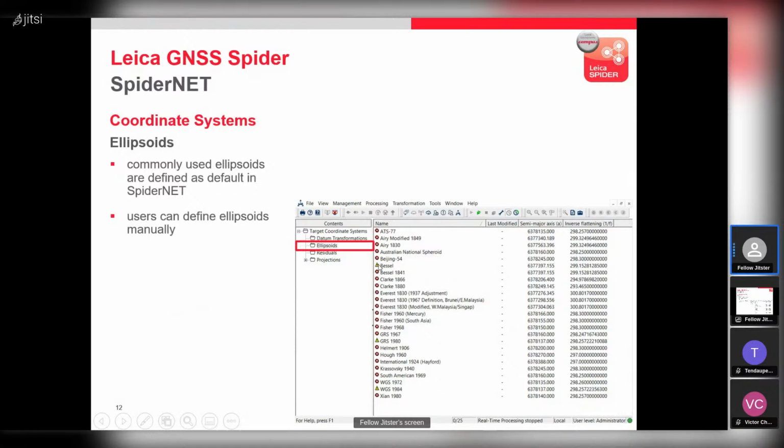This means that they're already in use. So Spider already comes with some pre-configured transformations and coordinate systems. If some of these ellipsoids are in use, like WGS84, for example, then it has this exclamation mark icon here. GRS is another ellipsoid which is used with GNSS. It just has the same parameters as WGS84,